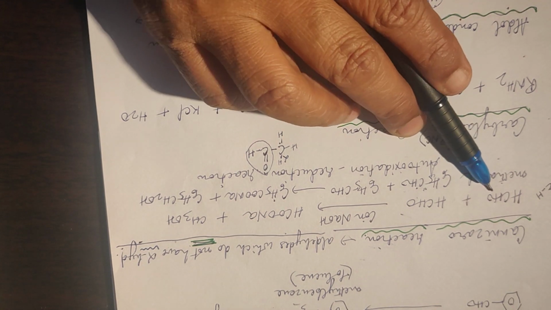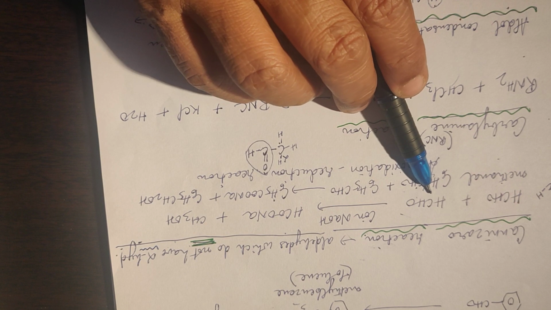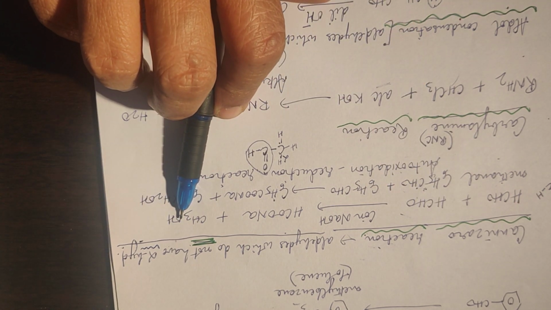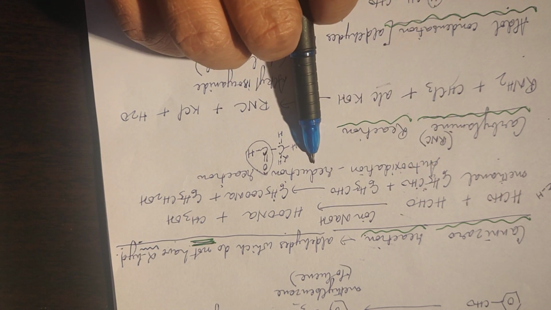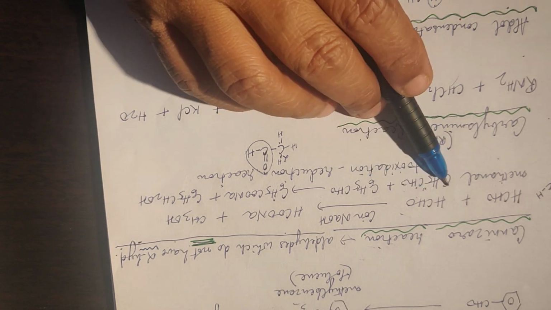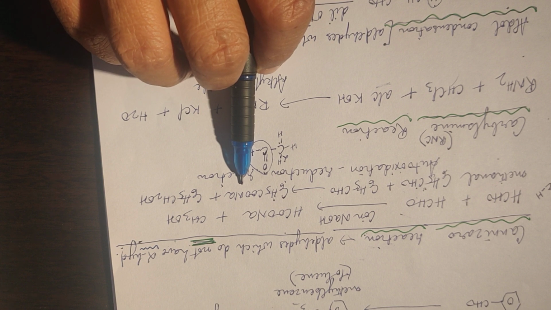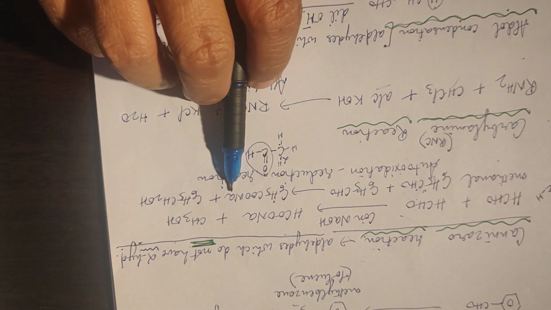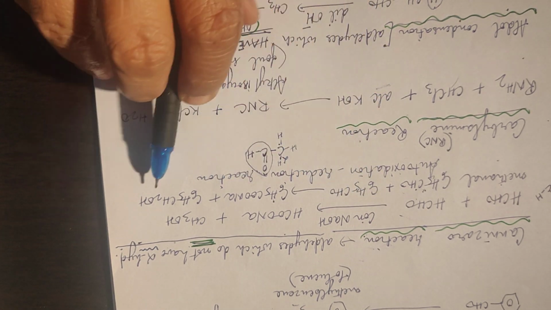So here one molecule of aldehyde will get oxidized to acid and the other molecule will get reduced to alcohol. So it is called an auto-oxidation reduction reaction. Same way, if you take benzaldehyde, one molecule will get oxidized to give you the corresponding benzoic acid salt, because you are using concentrated NaOH here. So you will get the salt of acid, and one molecule will get reduced to